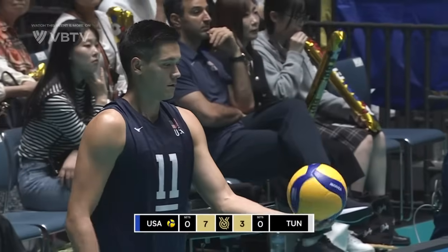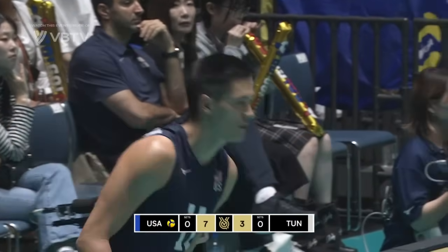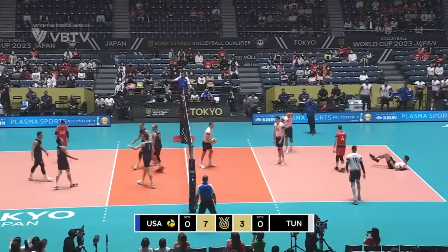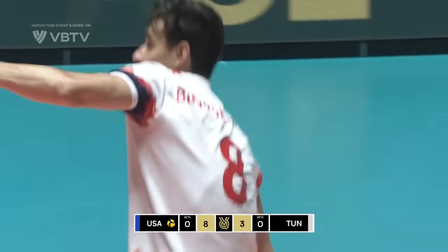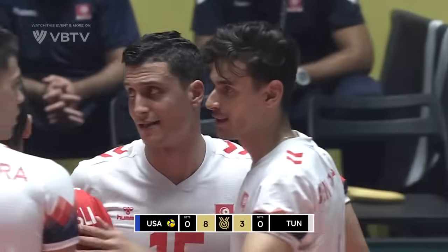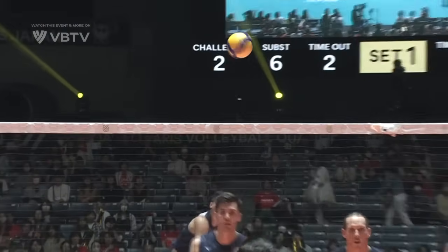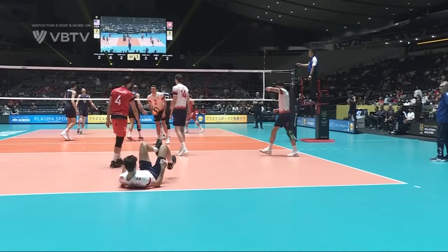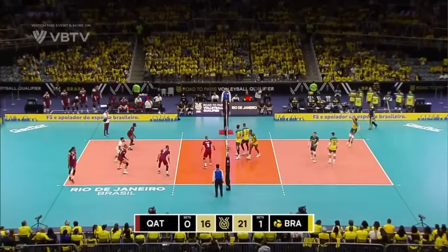Yeah, United States turn to Micah Christenson, the setter now for the serving duties. Part of the team that won the bronze in Rio at the Olympics. Christenson gets the first ace of the game. No TJ DeFalco in the starting six. It drops with the weight on their outside feet,